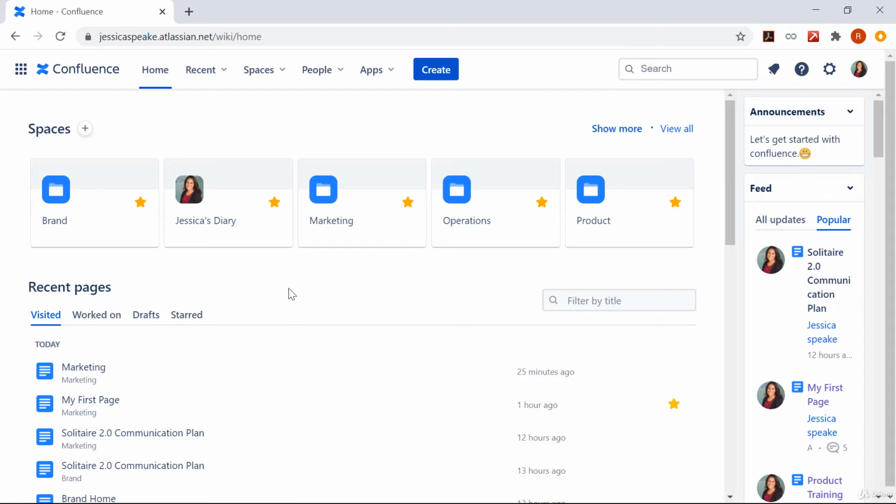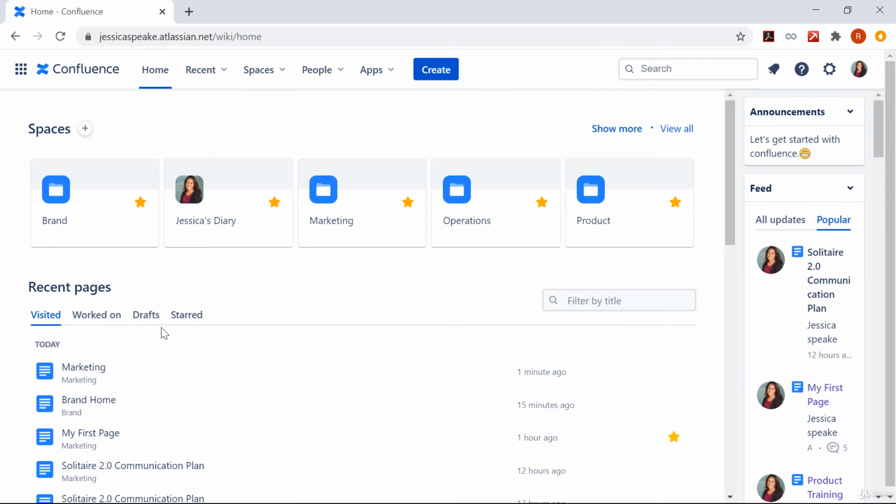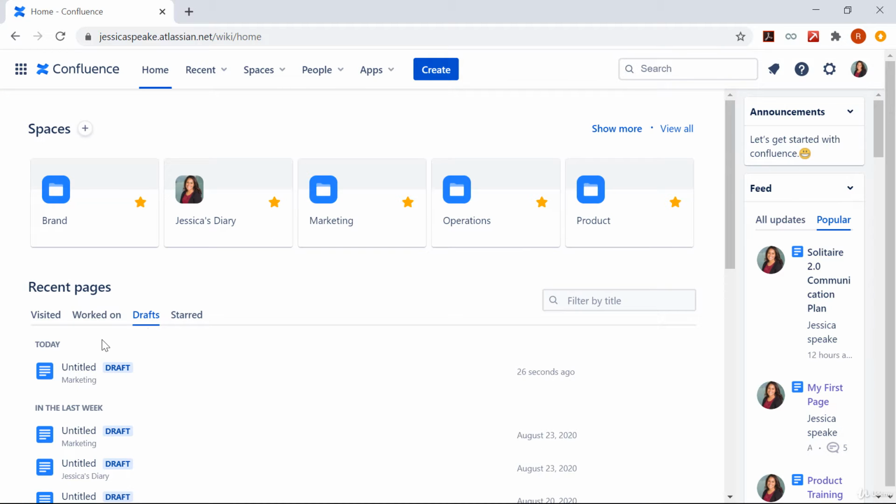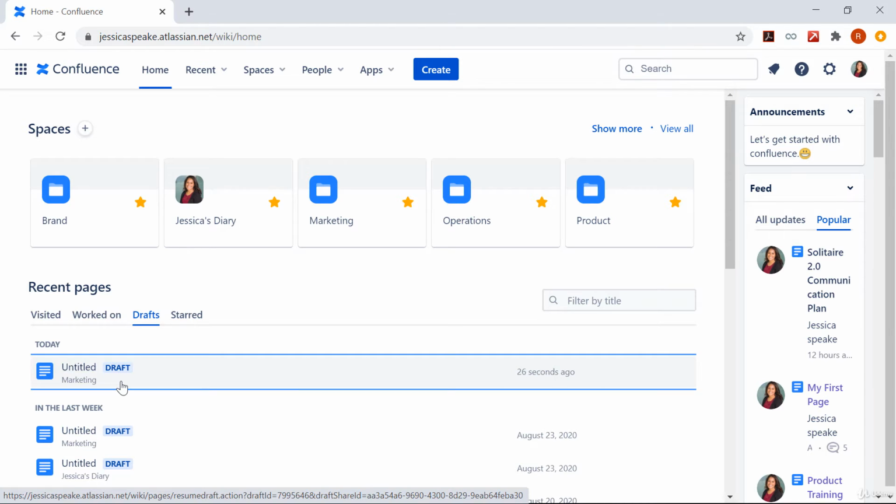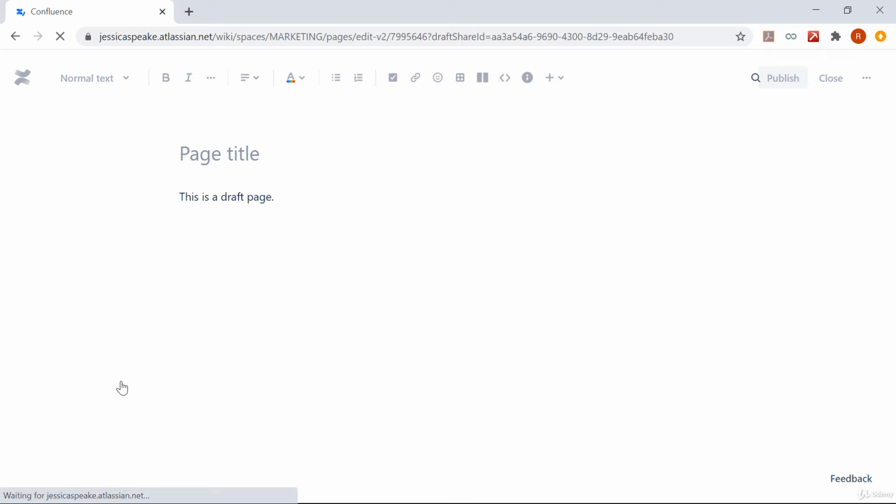To view the draft, you can go to the draft section under recent pages. Just refresh the page. Go to drafts again. So now you can see that very recently a new draft has been created. In Confluence, the unnamed drafts get called as untitled. So you make sure that you give a title to your page. So whenever you are searching for that particular draft in future, you can do the same by searching with the draft name.